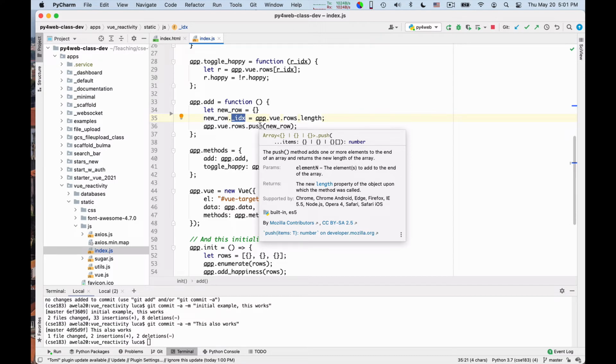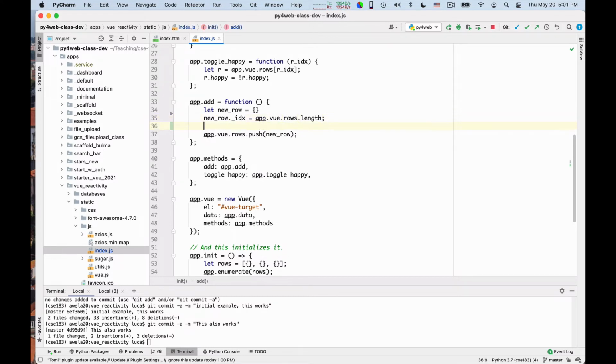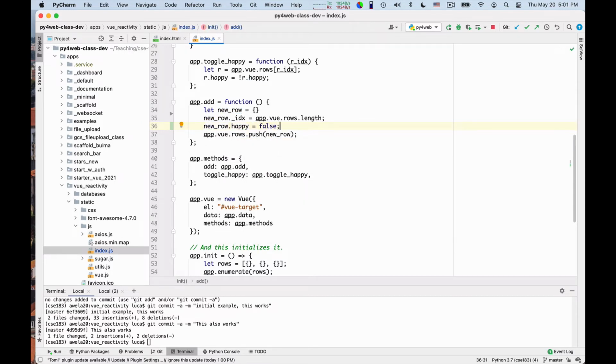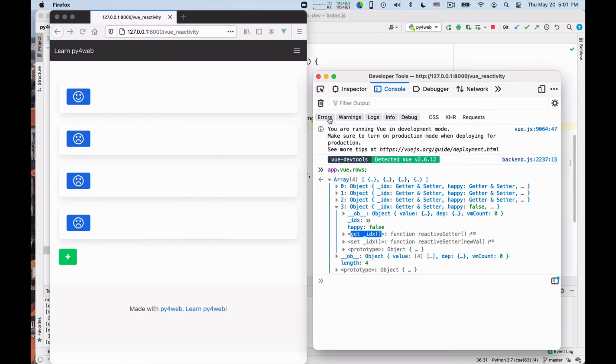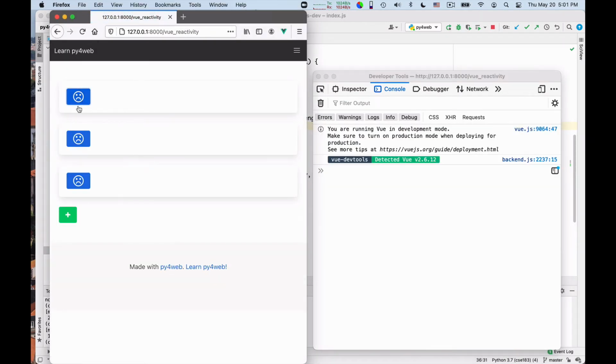But it cannot figure out that this new row does not have a happiness attribute. So if you fix it by saying new row.happy is equal to true or false, actually, as it was before, this will fix the problem. And I can add a new row, and now the new row can also be toggled.